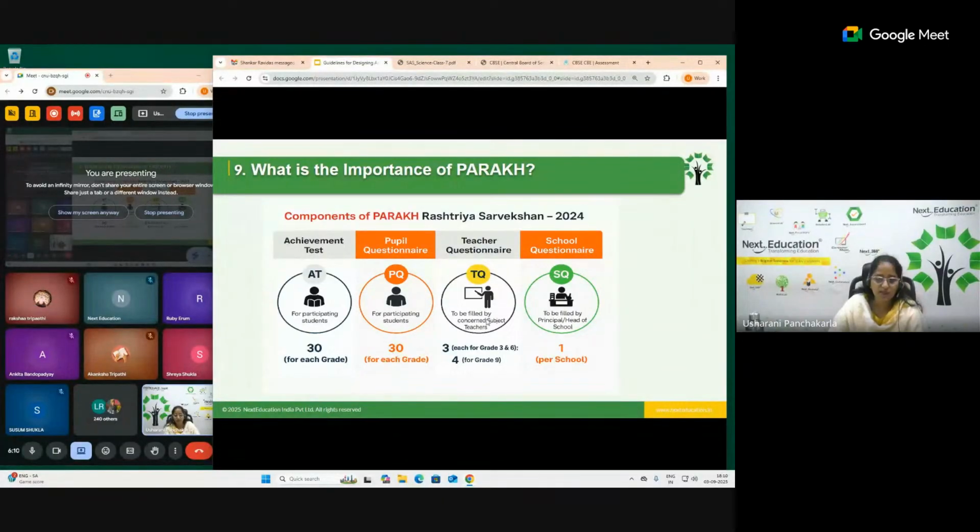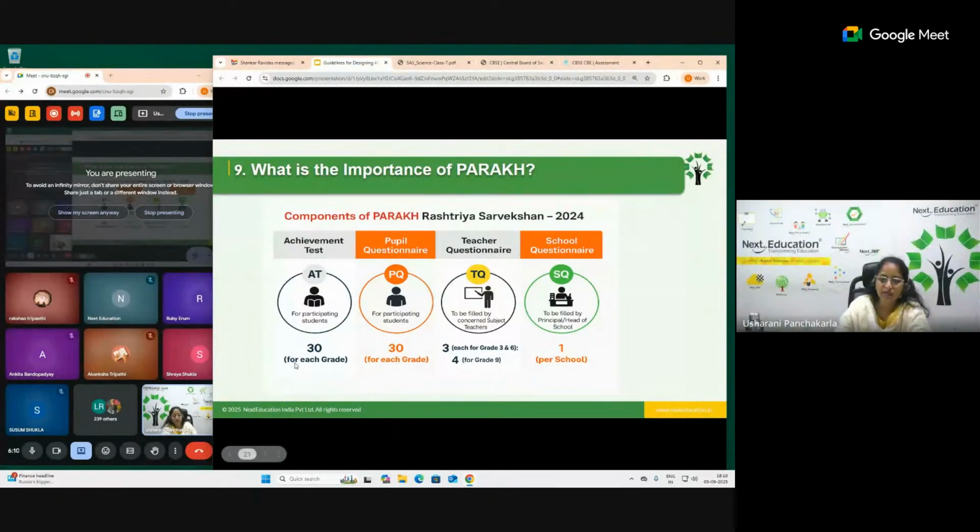These all come under this, captured through this questionnaire, where you have how many teachers are we taking? 3 teachers each for grade 3 and 6. And now coming to the school questionnaire, which is given to the principal to find out what all the different infrastructure or resource learning information is being captured.